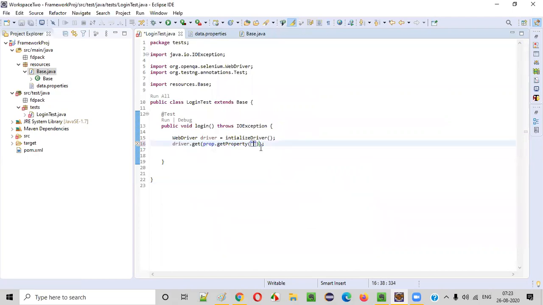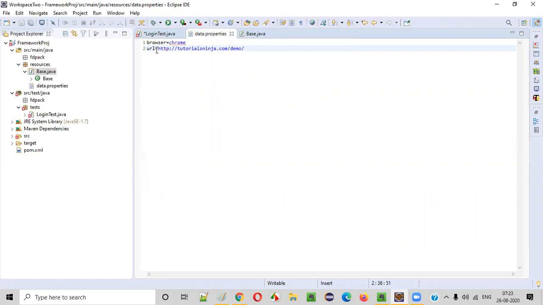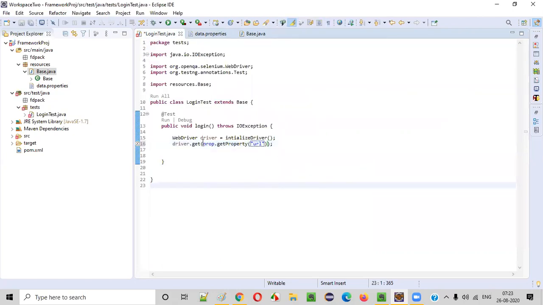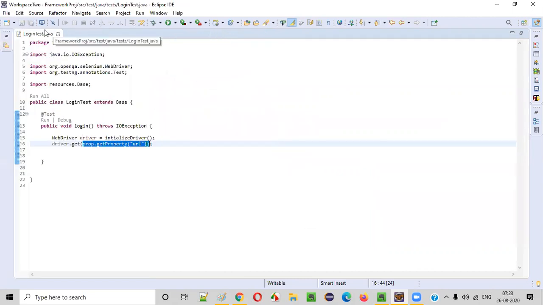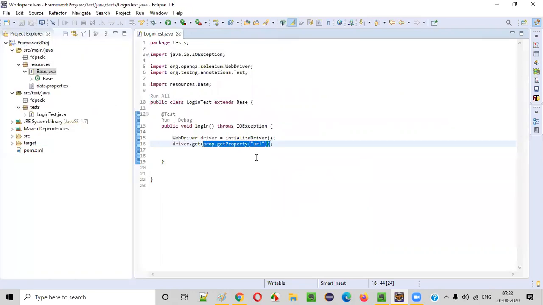Which property, guys? The property is nothing but the URL property. Copy this URL and put that in the double quotes here. That's it. So we are avoiding the hard coding part here. We are getting the application URL from the properties file now instead of hard coding. So this is also done.